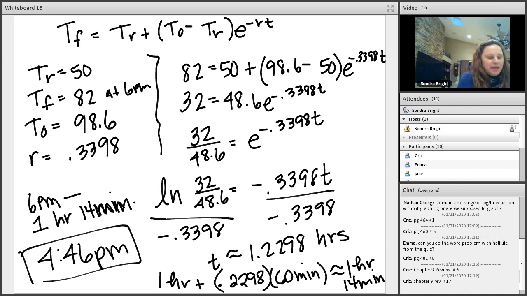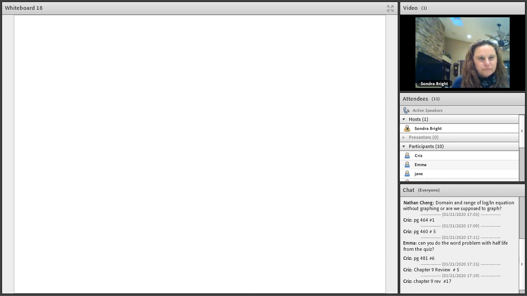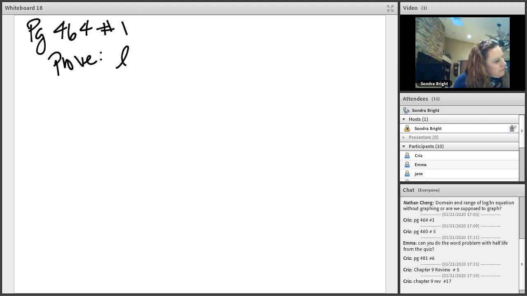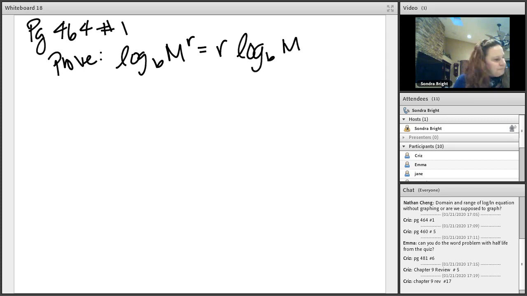All right. Page 464, number 1. So they want you to prove that log base b of m to the power of r is equal to r times the log base b of m, using the properties of logarithms. Okay, so let's see if I remember how to do this. I'm going to let u